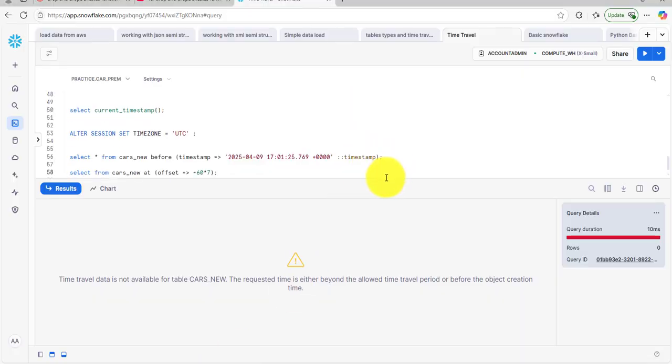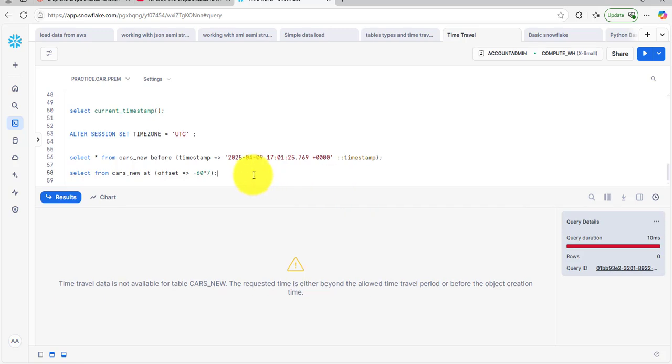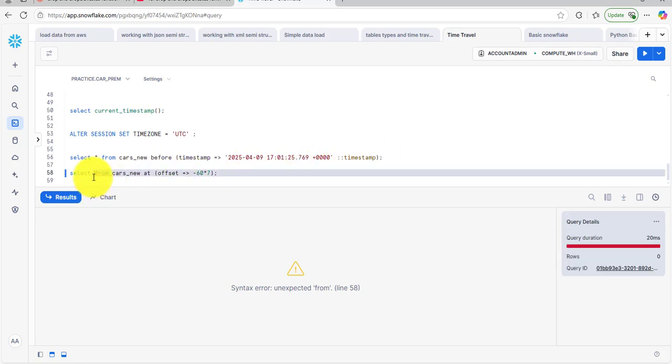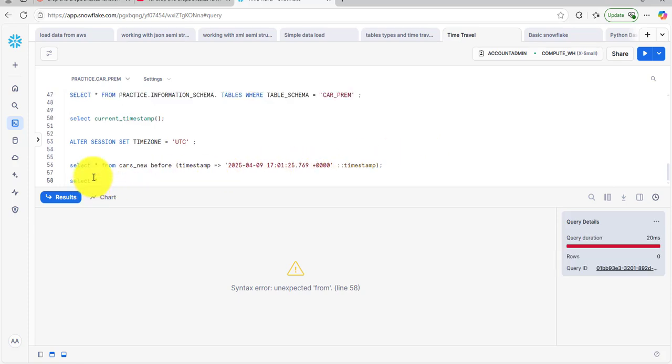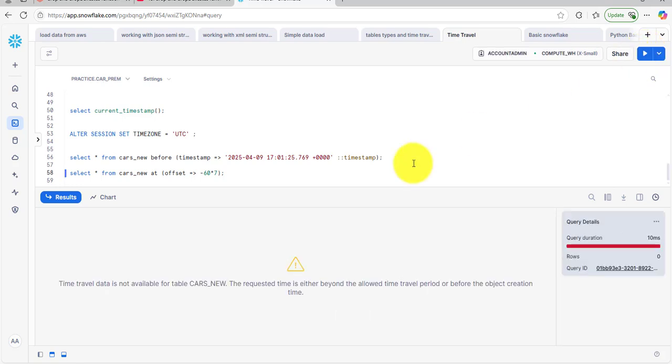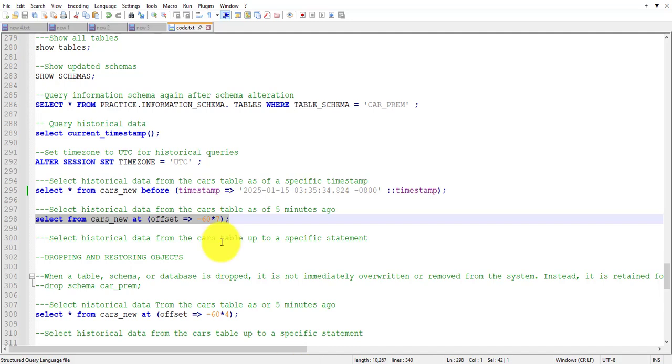If the table had data 5 minutes ago, it will show it using this command. It is empty, because 5 minutes ago the table had no data.